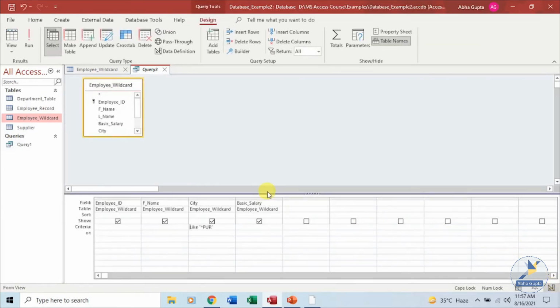The third wildcard character which we have is the square bracket. It will search for any single character which is enclosed within the bracket. For example, if I say look for all those places that start with N in their city, there is PUR. So we can specify this